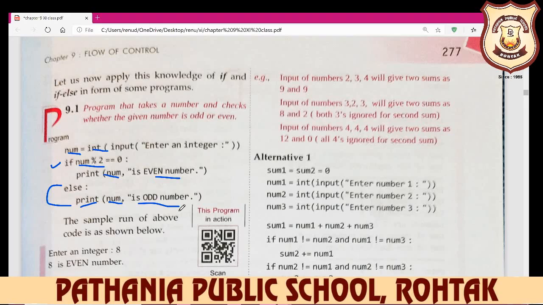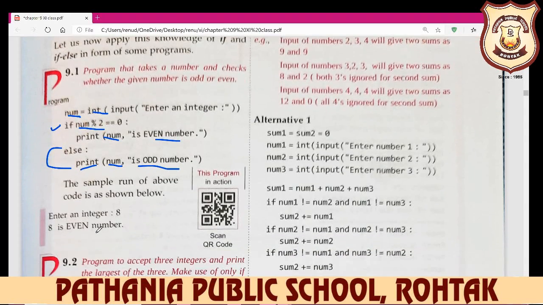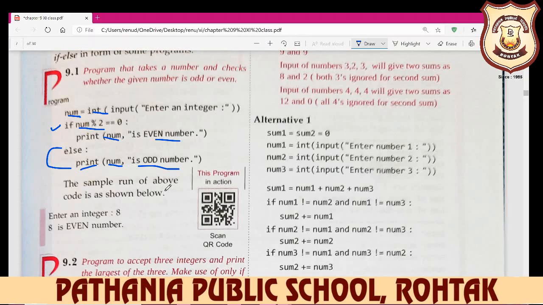So if we find a 0 remainder, then the statement after if, the body of if, will be displayed. But if my remainder is 1, then the else statement will be displayed here. So this is the example: if your inputted value is divided by 2 and the remainder is 0, then my number is even, otherwise the number is odd.